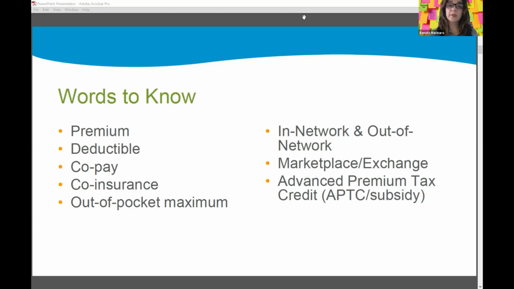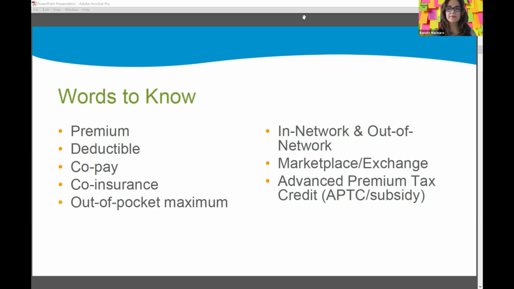There are some plans called PPO plans, or sometimes called POS plans, that do cover doctors out of network. They're generally more expensive, but there are plans that cover doctors out of network. So if you have a doctor that you really, really love and you want to keep that doctor and they don't accept any insurance, you might want to actually go with an out of network plan. Amir can talk a little bit more about what the options are and when that makes sense and when it doesn't. So it's usually a very individual decision though.